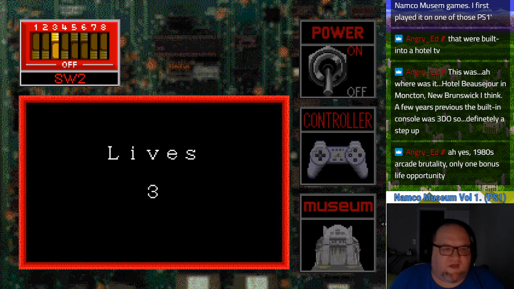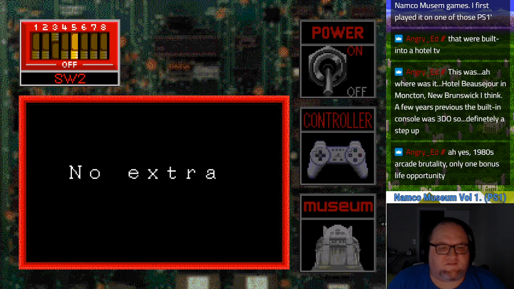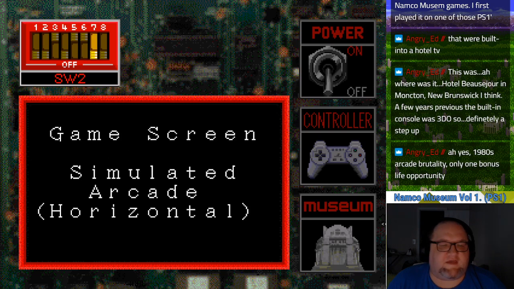Give myself 3 lives or 5 lives, or 1 life, or 2. See, now this says points for extra, but yeah, I guess it'd be right. It'd be just 1. Okay, now this version does actually come with a,